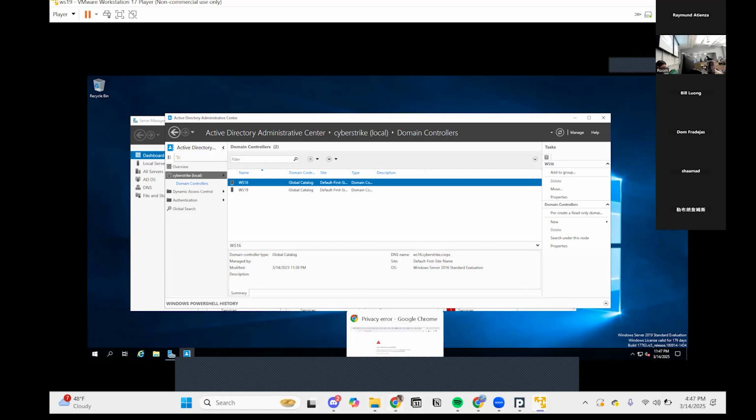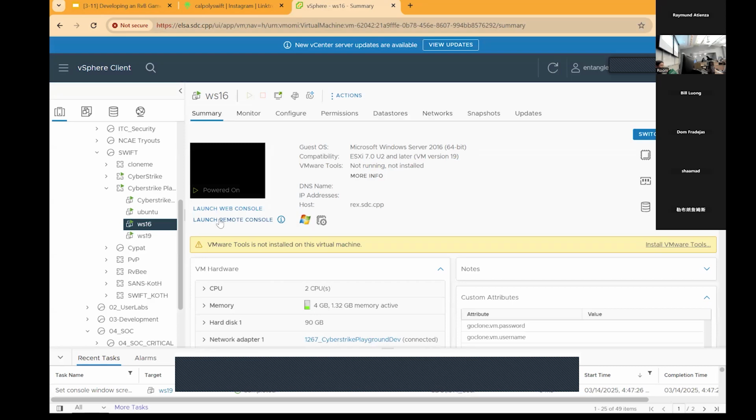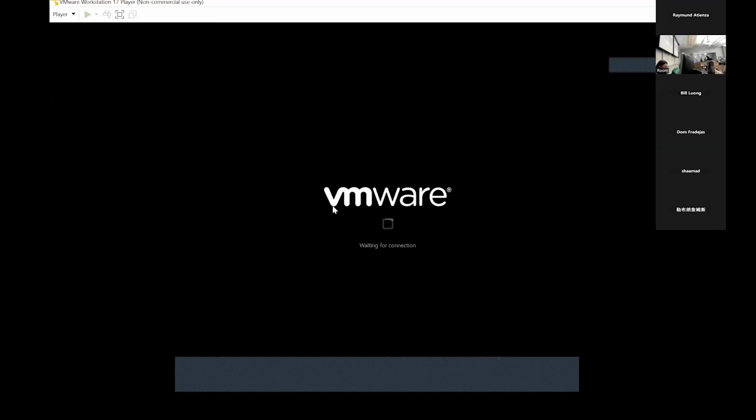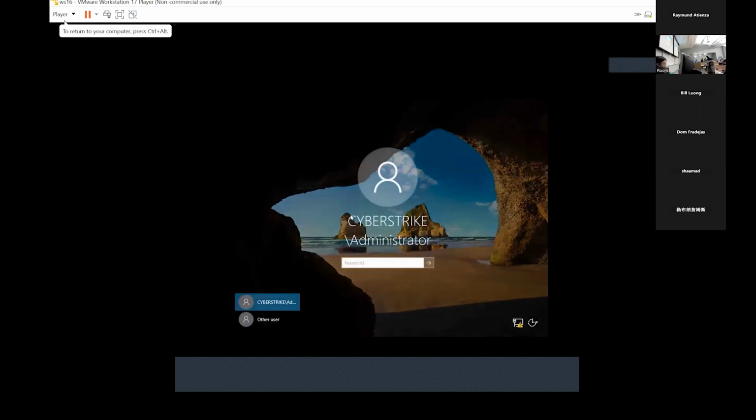That's the wrong one. That's the correct one. Last but not least, we're going to take a look at the Windows Server 2016. Once this thing eventually loads up. As you guys can see, this is fully domain joined, and if I do the same password, cyberstrike1 exclamation with a capital C,